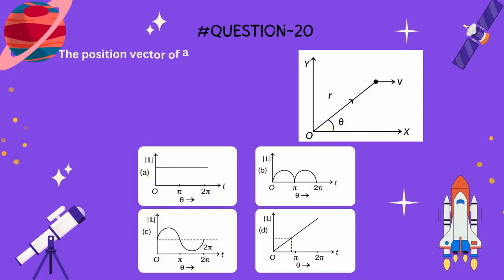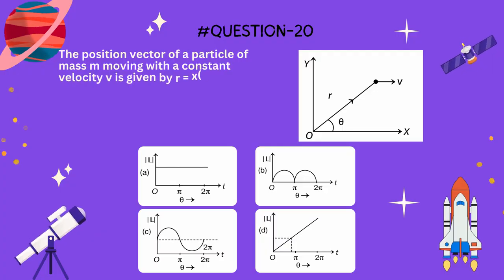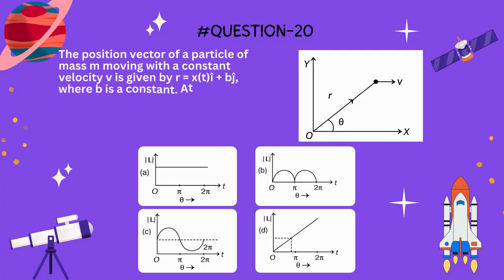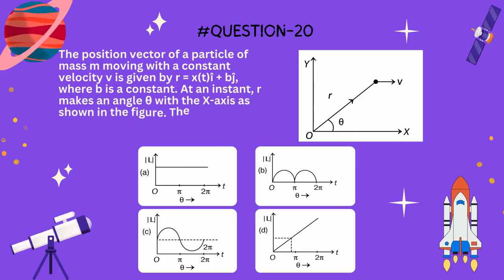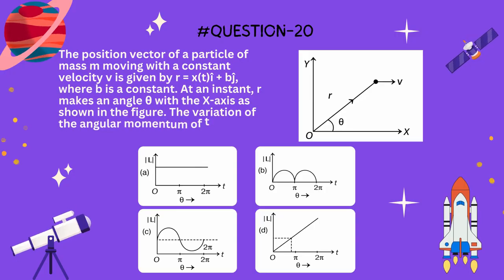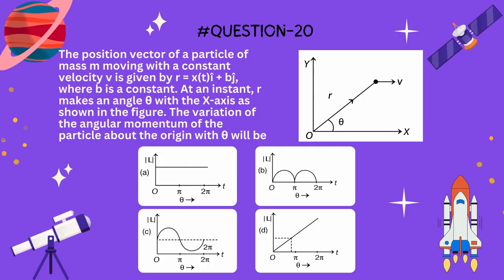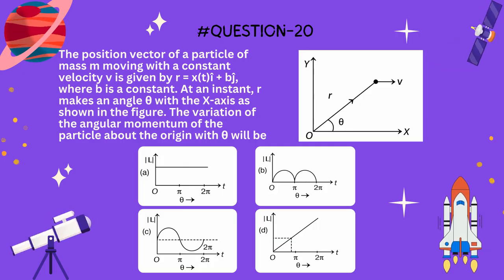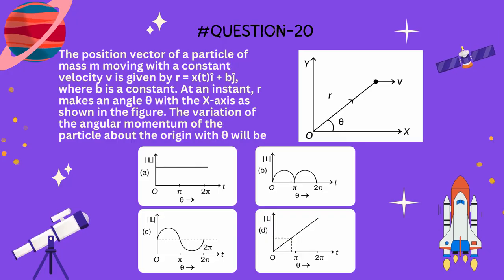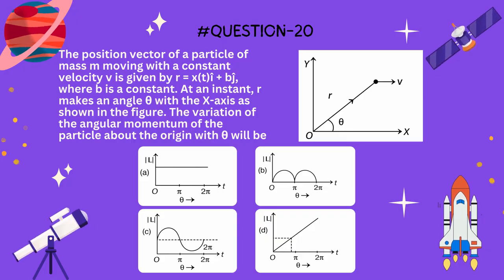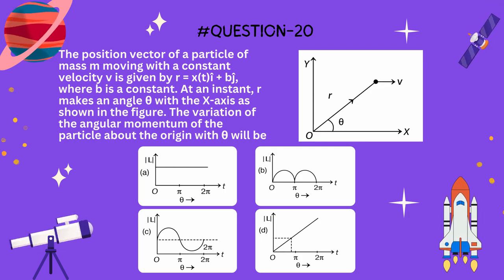20. The position vector of a particle of mass m moving with a constant velocity v is given by r equals x of t times i hat plus b times j hat, where b is a constant. At an instant, r makes an angle theta with the x-axis as shown in the figure. The variation of the angular momentum of the particle about the origin with theta will be A. a constant horizontal line, B. Sinusoidal, C. Decreasing curve,